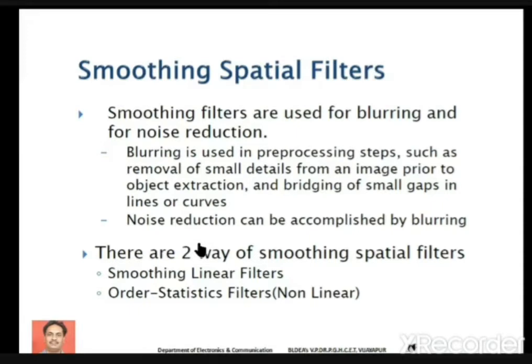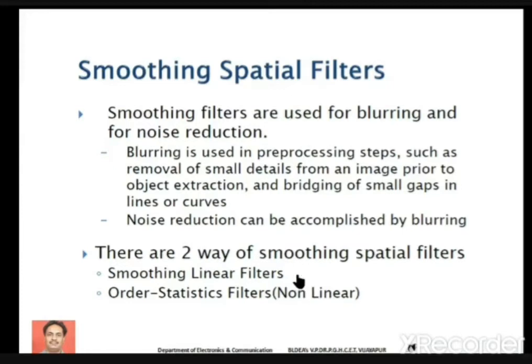If you consider smoothing, there are two sets of spatial filters. They are smoothing linear filters, and second, we have order statistic filters, which are examples of non-linear filters.